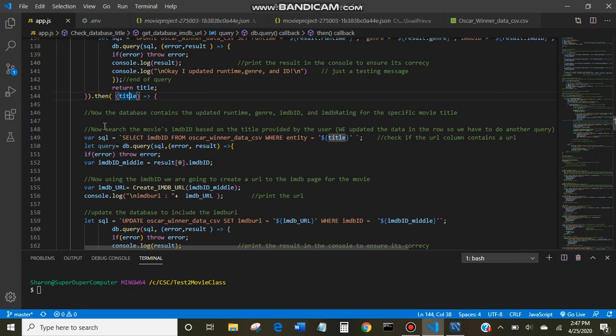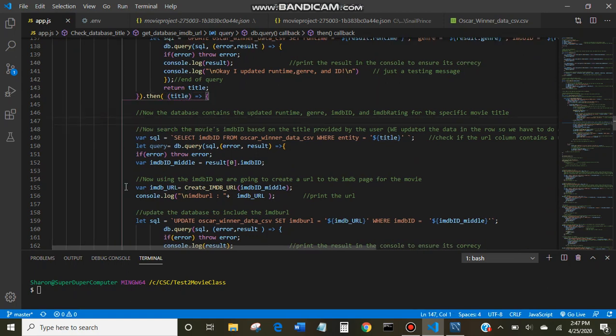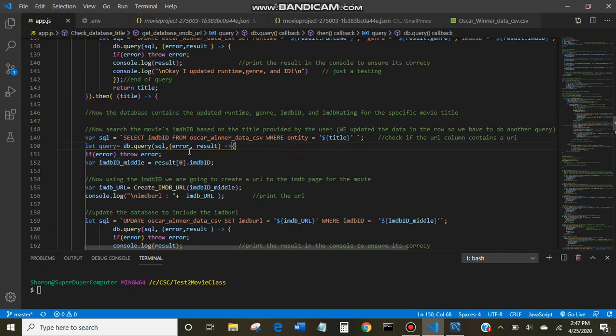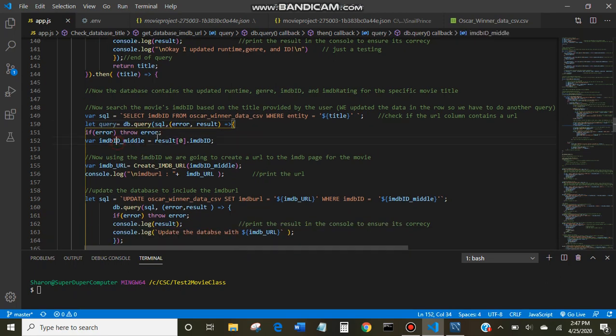And now, what we're going to do is work on creating the IMDB ID. So we're now going to search for the IMDB ID, which we just updated here. And once we find it, we're going to start creating a URL based off it. So we're going to take the IMDB ID we find inside the database, which is going to be stored here. And